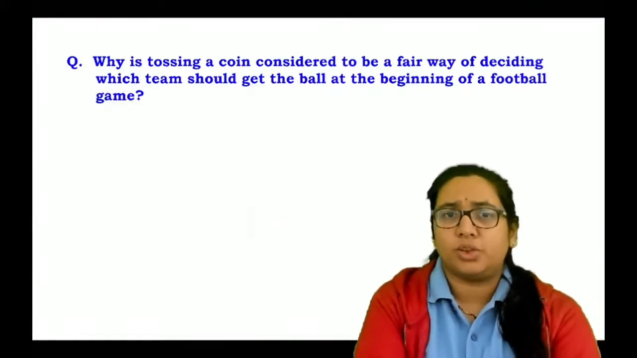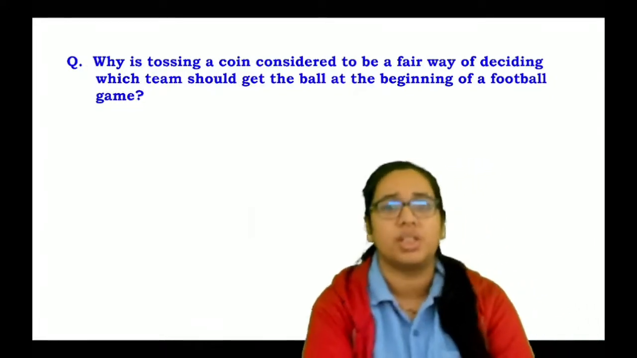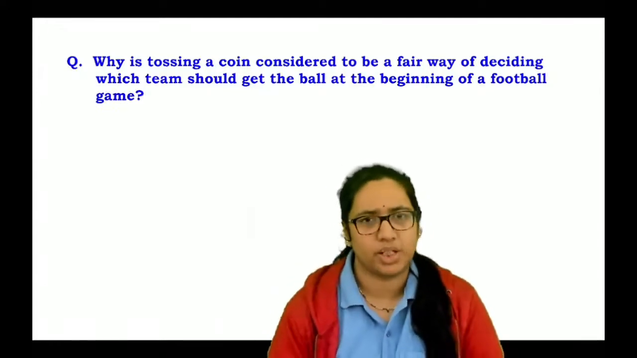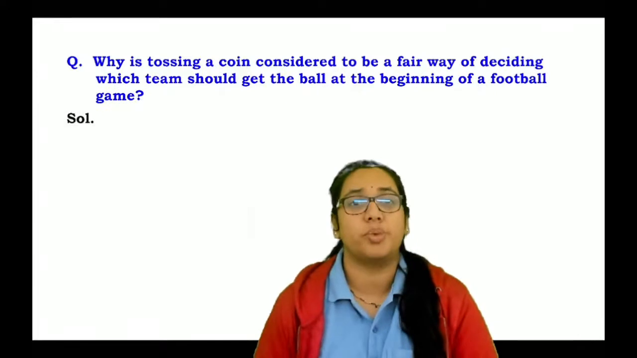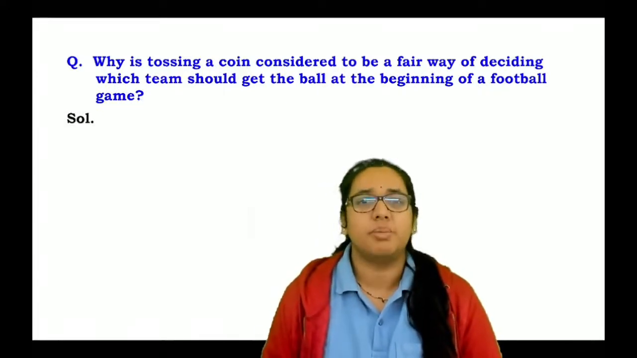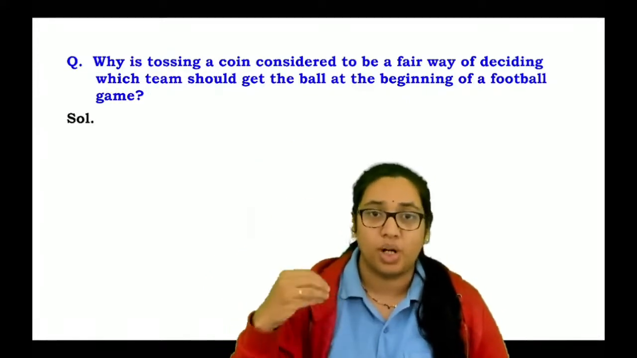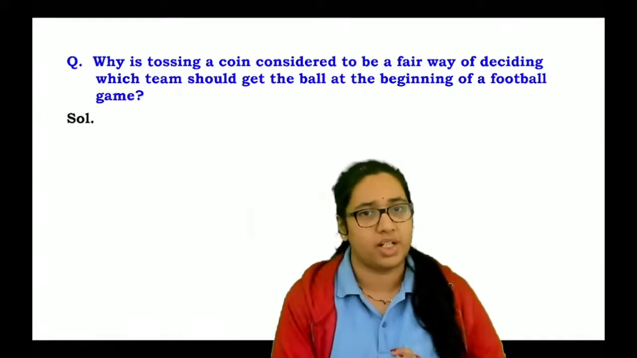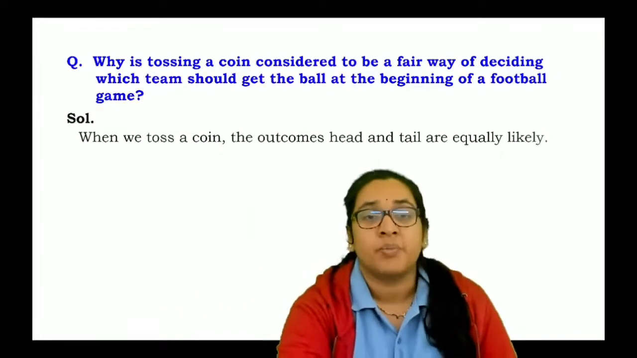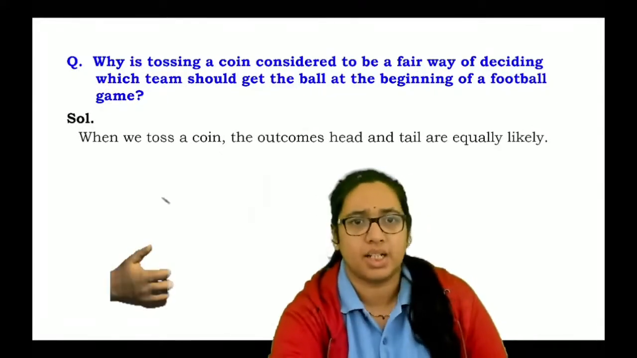Why is tossing a coin considered a fair way of deciding which team should get the ball at the beginning of a football game? You know that for each and every match, whatever you consider is always equally likely, because we just have to go through it fairly, because whatever outcomes you get from there will be fair: either head or tail. See, when we toss a coin, the outcomes head and tail are equally likely,